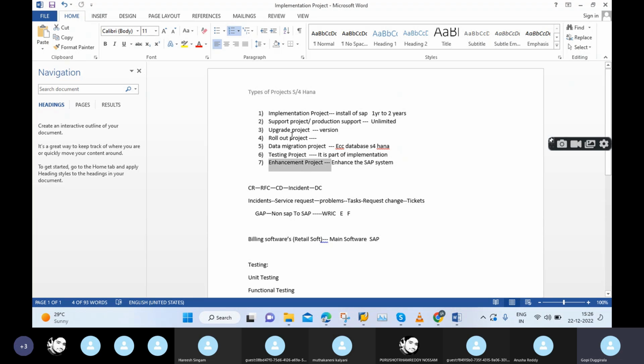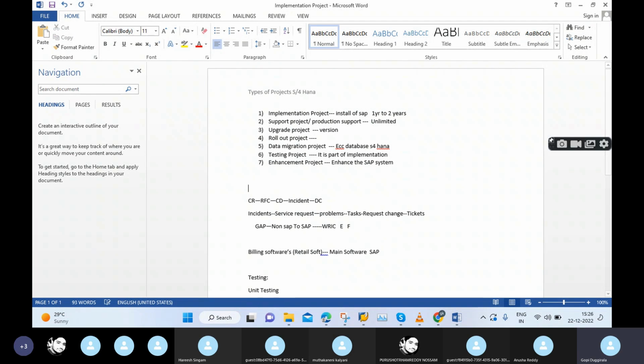So the enhancement project is also part of implementation. Why? Because at the time of an implementation project, enhancements also come into the picture. At the same time, at the time of support projects, enhancements also come into the picture. Then why? That's the question. For example, in implementation, why do we get these enhancement scenarios? The reason is